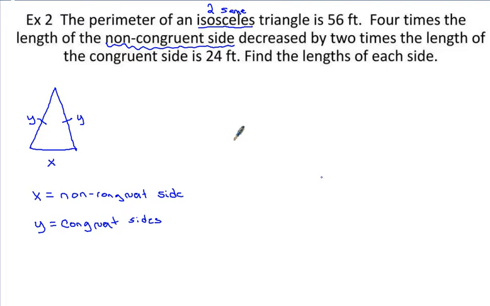Guys, listen to me. You're going to need to just think a little bit. If I'm getting the perimeter of an isosceles triangle, there's one side that's x, so we would write x, and there are two sides that are the same, so it would be 2y. That would be the perimeter of an isosceles triangle. Add the side that's different plus the two sides that are the same. So if we're going to use that, the perimeter in this case is